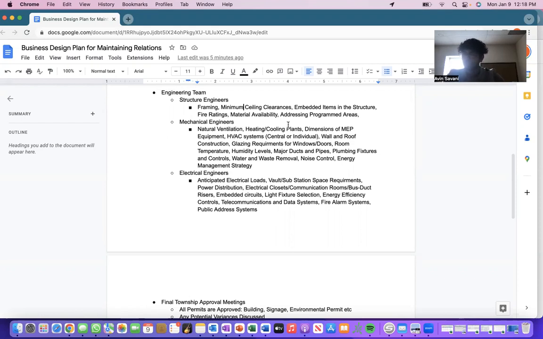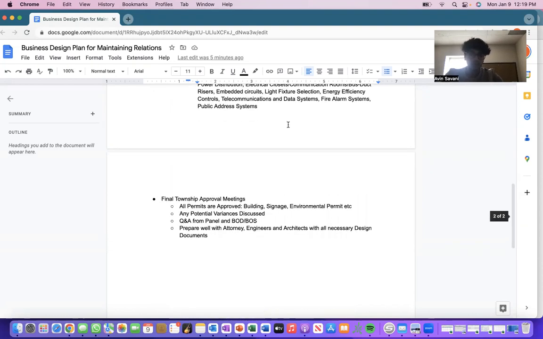Fire alarm systems, obviously, making sure that the entire building is fire rated and that you also have those fire escape routes as well. So ingress and egress is really key here. Two means of egress, making sure that when a disaster happens, there's a way to get out as quickly as possible. Those are studied and addressed by the electrical engineers and also structural engineers.